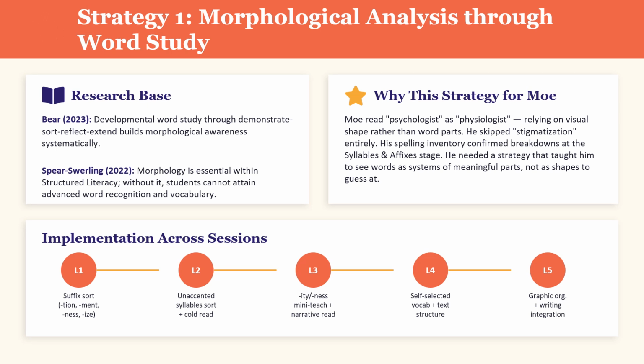So in lesson 3, he was making cross-session vocabulary connections, and he recognized the word disembodied from a previous lesson and broke it apart using the dis prefix on his own. So in lesson 4, he started self-selecting vocabulary words during the reading.